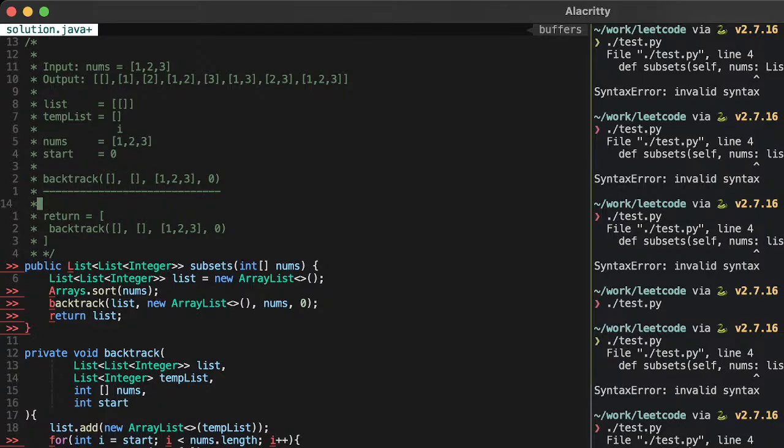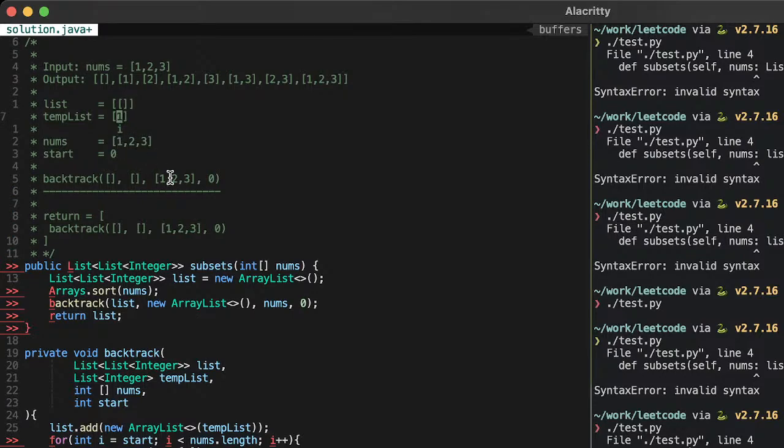Temp list, we're adding this empty list. Got it. Now for i, in this case, i is starting at 0, and i is going to go till 2: 0, 1, 2. Temp list, we're adding nums[i], which is 1.